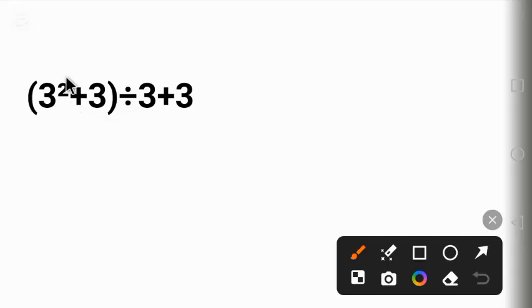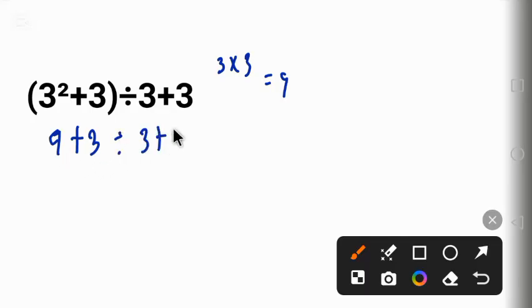That is 3 squared, which is 3 times 3, and that is 9. Alright, so we get 9 here plus this 3 divide by 3 plus 3, 9 plus 3, which is 12, divide by this one when we add this one, which is 6. Now 12 divided by 6 will give us 2. Easy, right? But this answer is wrong, because